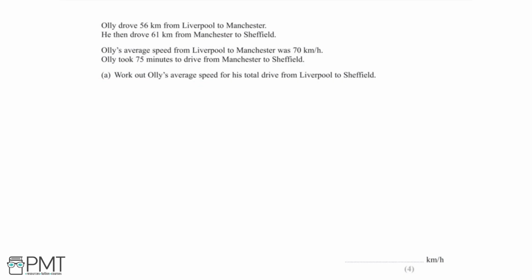In this question, we're told that Ollie drove 56 kilometres from Liverpool to Manchester, and then he drove 61 kilometres from Manchester to Sheffield. We're told that Ollie's average speed from Liverpool to Manchester was 70 kilometres per hour, and that it only took 75 minutes to drive from Manchester to Sheffield. We need to use this information now to work out Ollie's average speed for his total drive from Liverpool to